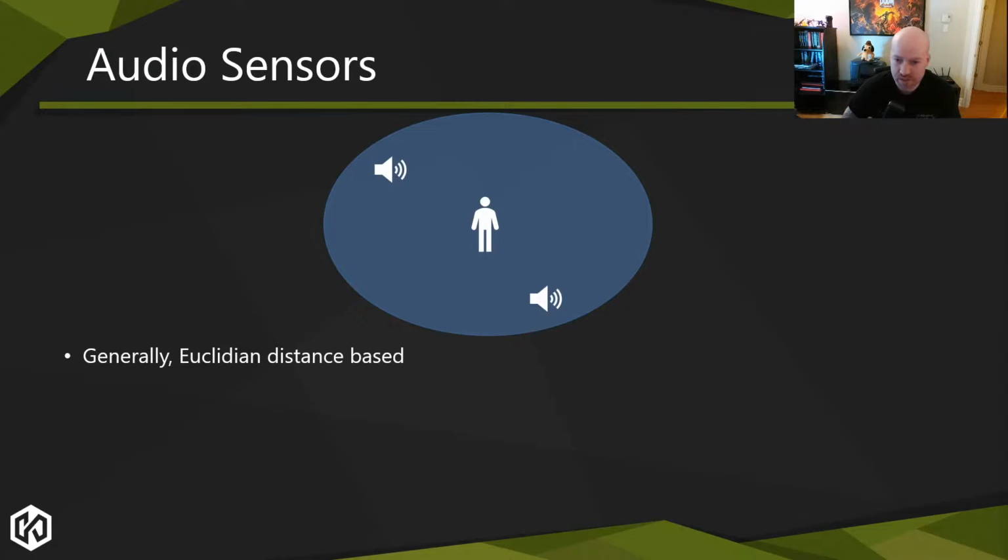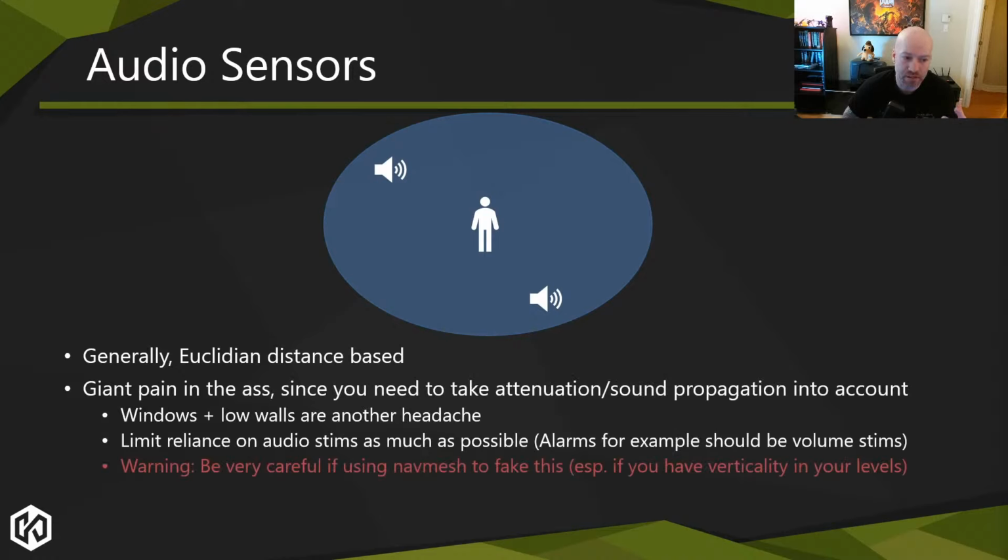Generally, they are distance-based. You hear a sound. I want to make sure that the sound is close enough to me that I can hear it. The problem is that it's just a massive, massive pain because you have things like low walls that, for example, the player might not be able to cross or jump across, but they should be able to hear it. For example, there might be a chain link fence that the player can climb, but there's a sound on the other side that they need to be aware of. But that could also just have been a wall with a roof, so now you can't hear through that wall. You have all these edge cases of, well, there's a sound, can I hear this?